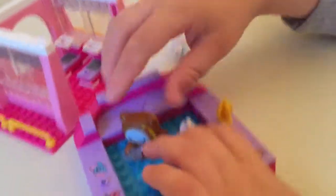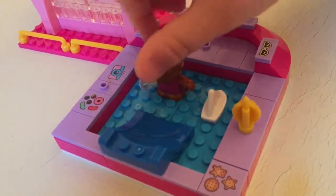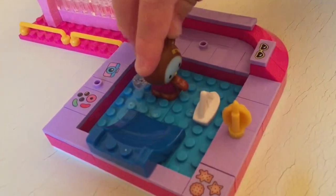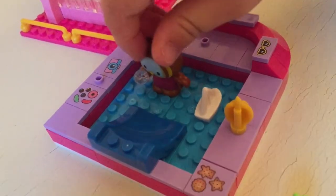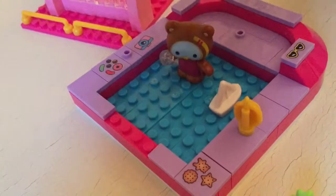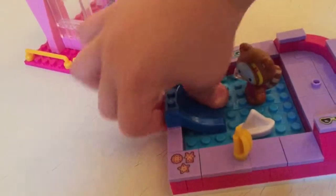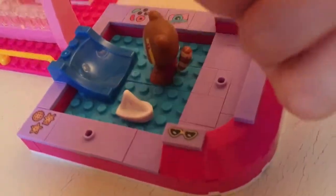We have our roof pool, which has a removable slide if you want to wrap the pool up. And we have a removable banana, removable pineapple, removable sailboat. And here we have the gym, which has